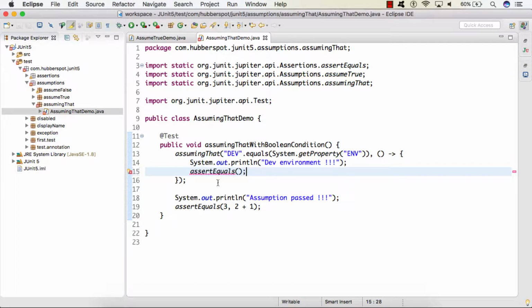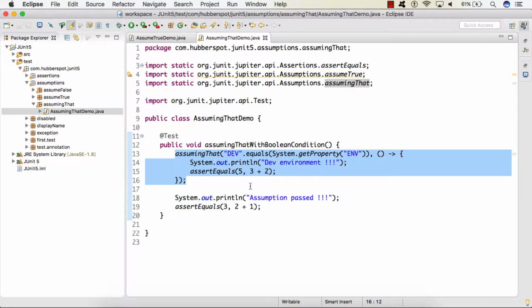And let's say I provide some more assertions. This could be any assertion which you want to execute. So let's say I give five. We can provide any logic here. So friends, here you can see that we have provided a precondition.